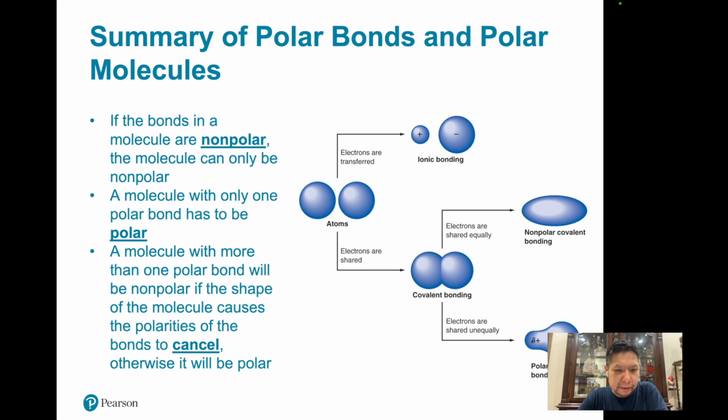So you can go through this little flow chart here to figure out whether or not a molecule is polar or nonpolar, and whether it's a covalent bond or an ionic bond, right? So let's say you have 2 atoms. Are the electrons being shared or are they being transferred? Or, let's say, stolen,